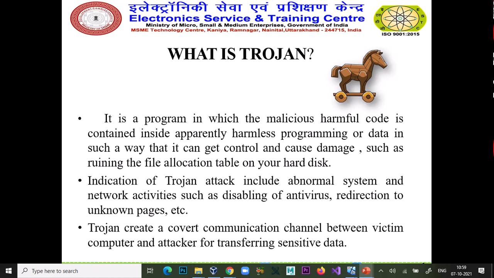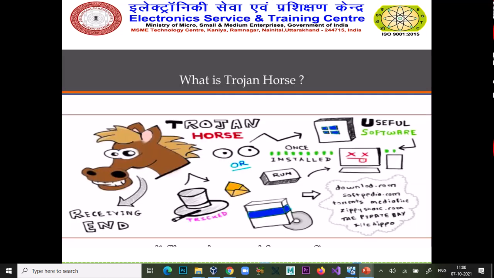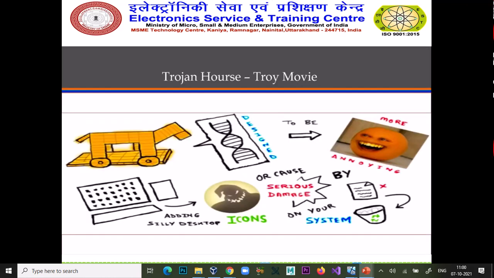It can send the keystroke data of your system to the hacker, and it can give the hacker your complete desktop or remote desktop. So Trojan is very dangerous, as it is made with bad intention. Trojan horse, Troy movie, so we can say Trojan or Trojan horse, similar like that.